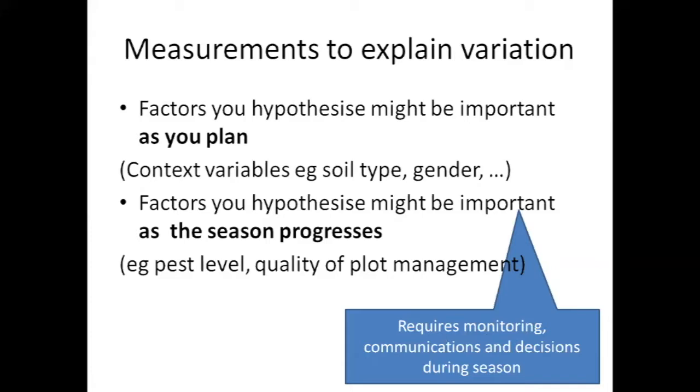And to do that well, it means there has to be some monitoring going on. Somebody's got to be looking at some of these farms to see what's happening. And there's got to be some communication. Whoever's doing that looking has got to be then communicating with the researchers or whoever's leading the trial so that they can decide that we're going to modify the protocol and we're going to go on each farm and we're going to record whether the weeding was done well or not, or whether the quality of plot management is good or not. And so that's an example of something that's different when you're doing these large N trials than what we'd normally do with ordinary field trials.